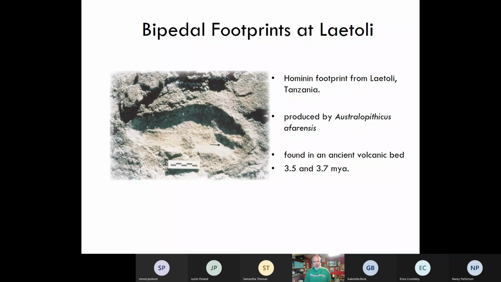So this was a major find, as insignificant as it appears from this image. It's just kind of a hole in the rock a little bit, or an indentation. If you were just walking by, you probably wouldn't make anything of it. But what was found in the 1960s by Mary Leakey. The name Leakey is famous, 3 generations of anthropologists looking for fossils in Africa.